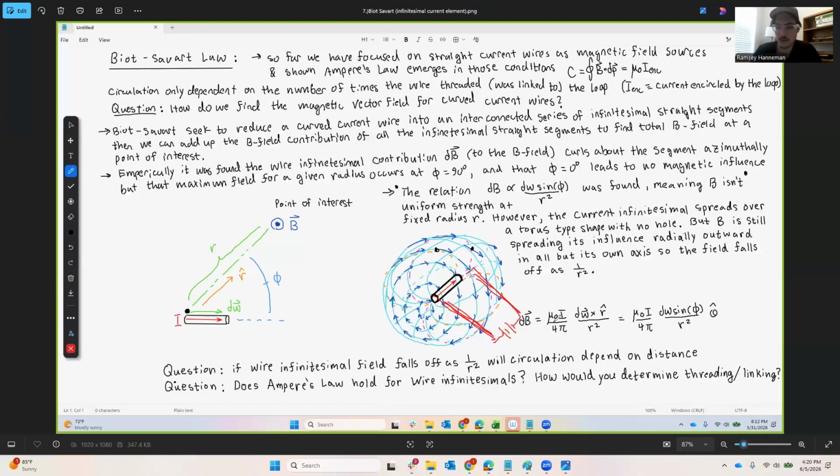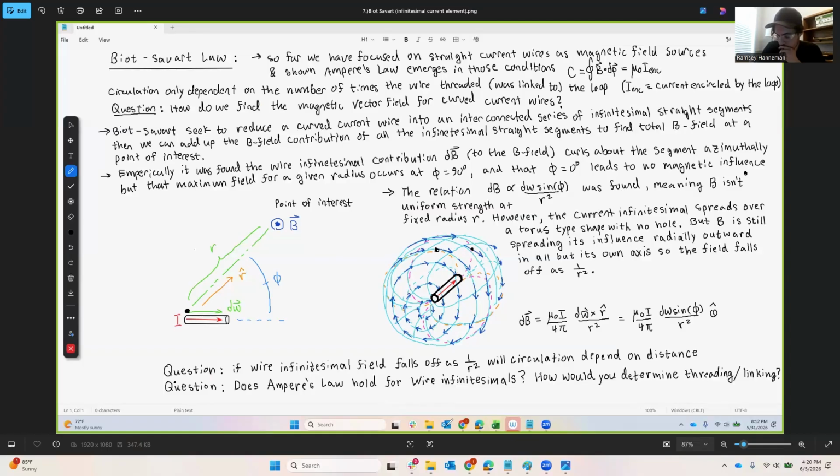And so, due to current continuity, you need infinitely many of these little wire elements connected in some sort of a loop. But you're right, you could hook a battery up to it. So anyways, that's Biot-Savart,